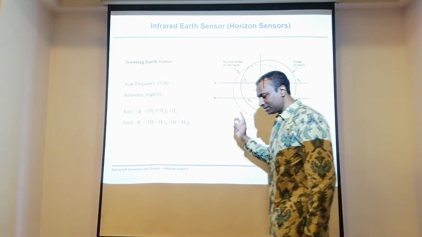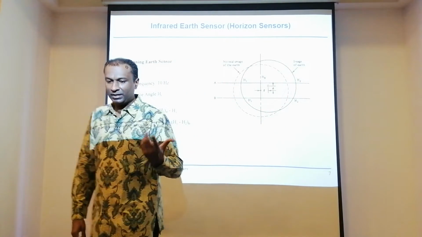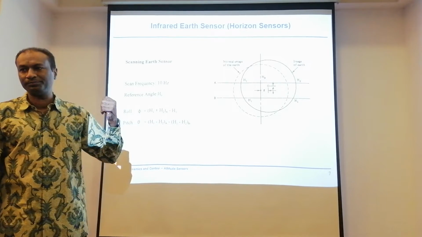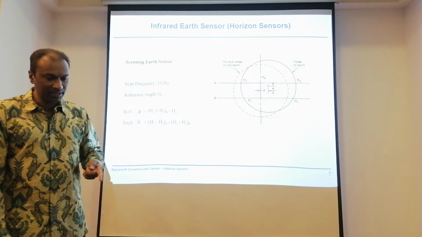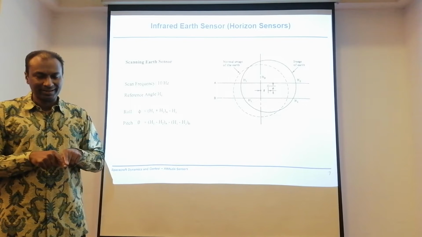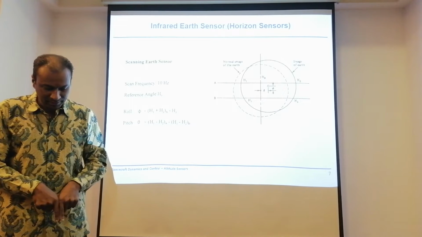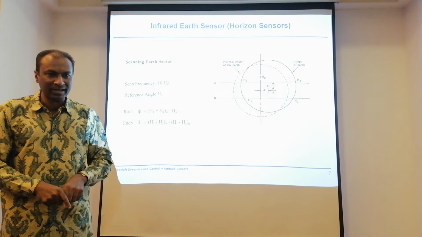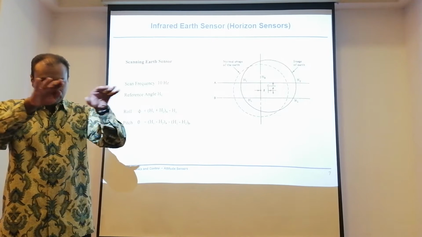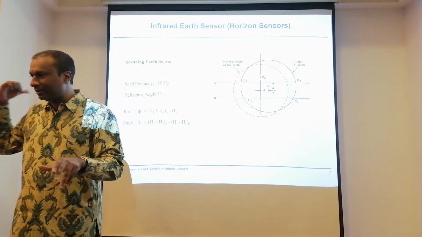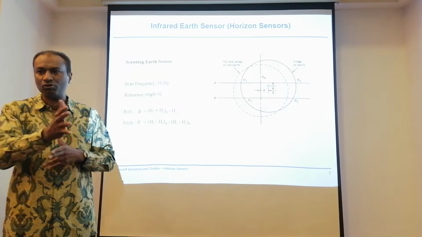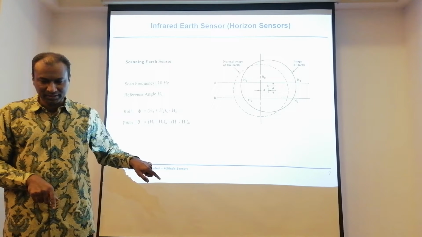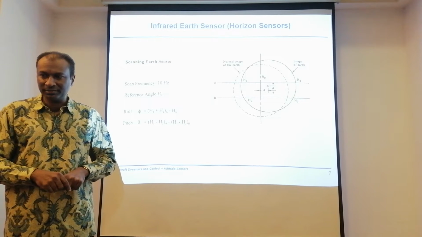Now, in this case, please do understand we can only detect two angles: the pitch and roll. The reason being, your Z is going to look at planet Earth. Basically, you're looking at planet Earth. When you look front, that's your flight direction. You can look at the horizon. And when you look back, you can also look at the horizon. So that's your roll direction. On the other hand, when you look left, it's basically your pitch direction.